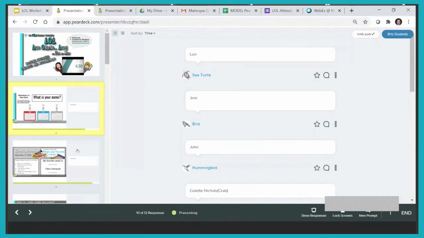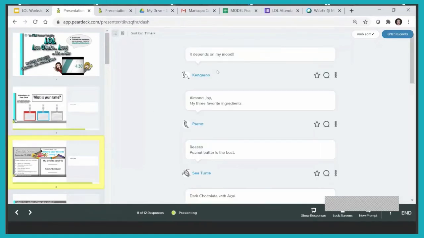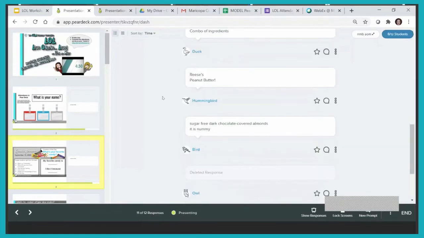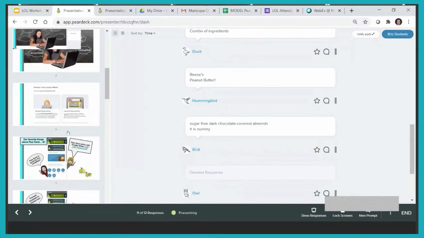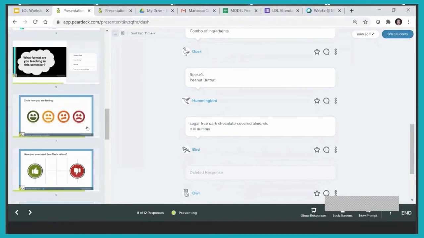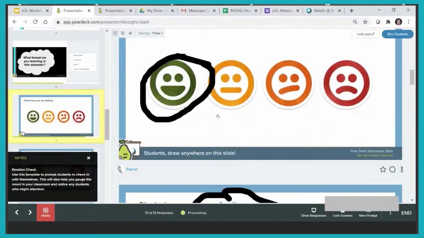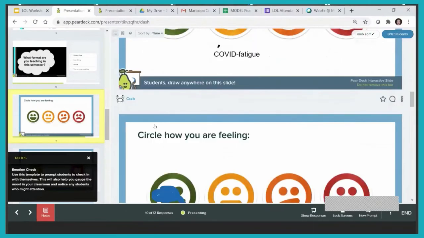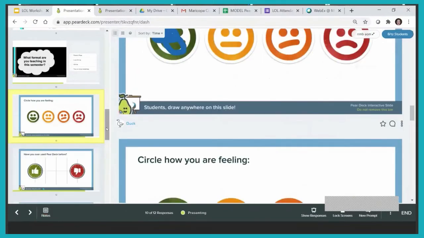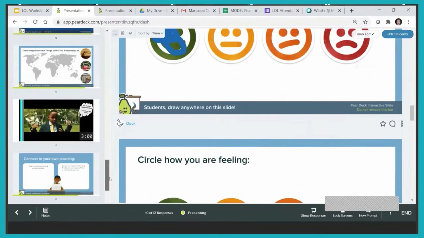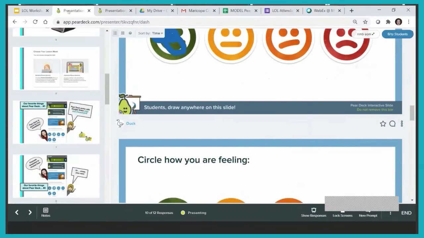So this is your dashboard view. You can see again who responded what with candy bars. Even on the draggables, I just want to go down real quickly. You can see how your students responded, how the parrot responded, the kangaroo, the crab, each of them responded. So that is the dashboard view, and I love that view. The other view